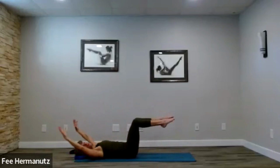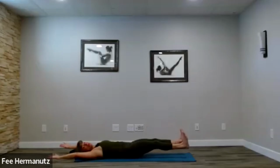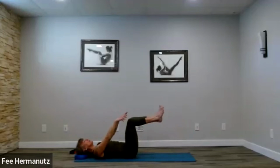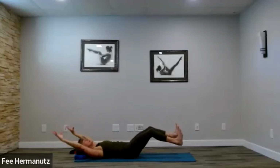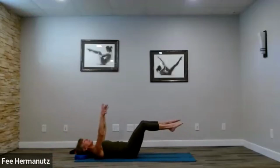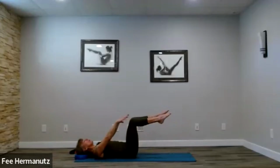Out go those arms. Still feels good. Those legs kick out too long. When you touch down, if you don't touch down, don't fight it, right? Especially if there's a pop in the back, like you're feeling you're lifting. But if you can get the hands and the feet to gently, ever so gently flirt with the ground,